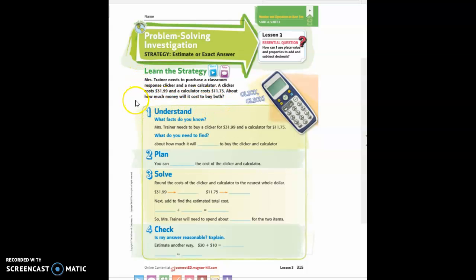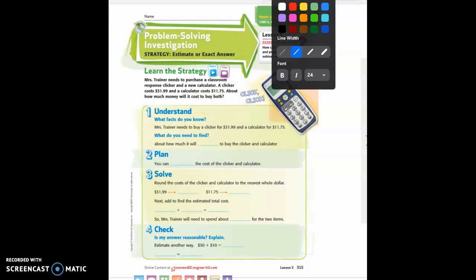Would somebody like to read? Okay, go ahead. Yeah, you. Yeah, Haida. Mr. Strainer needs to purchase a classroom response clicker and a new calculator. A clicker costs $31.99 and a calculator costs $11.75. About how much money will it cost to buy both? Okay,